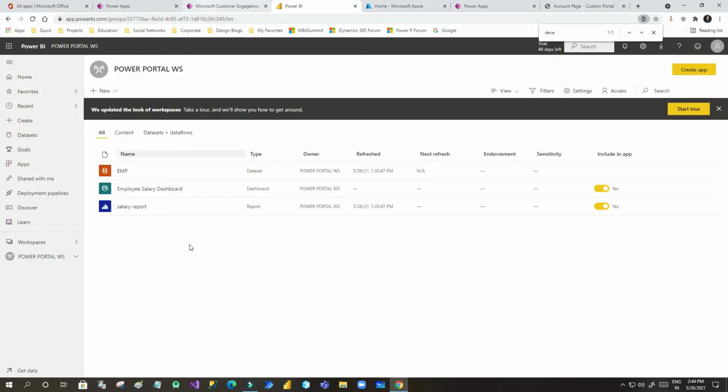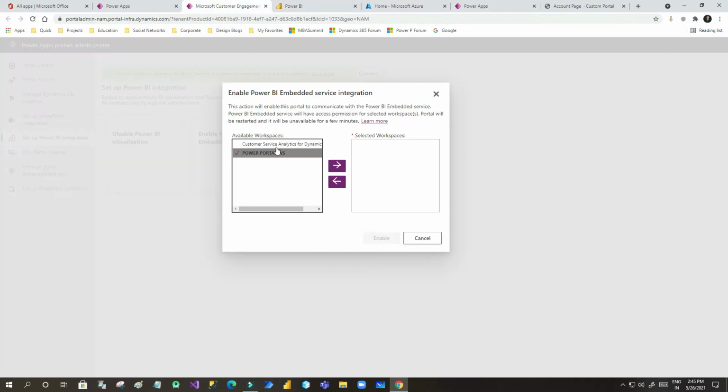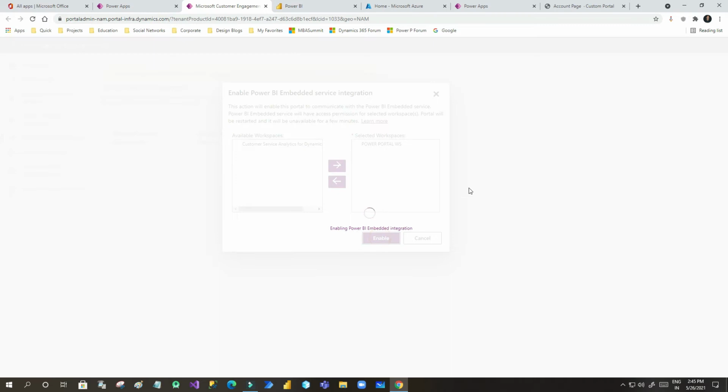I want to use the dashboards and reports which are part of this Power Portal workspace, and enable the integration for this workspace. So I click this Power Portal workspace that I have created and click enable. Right, so now I am okay to proceed with further configurations.